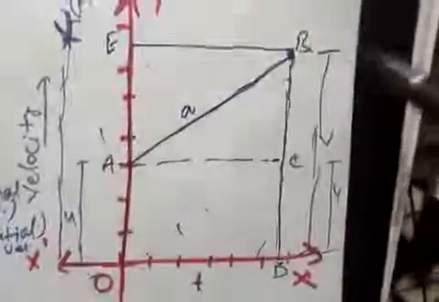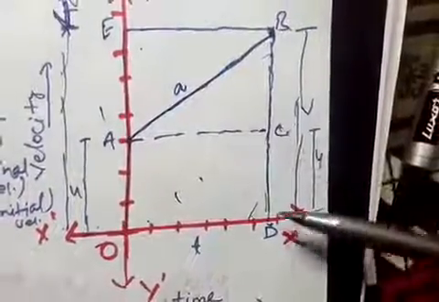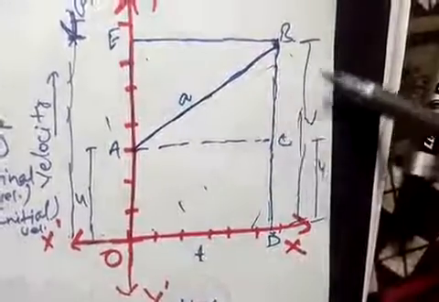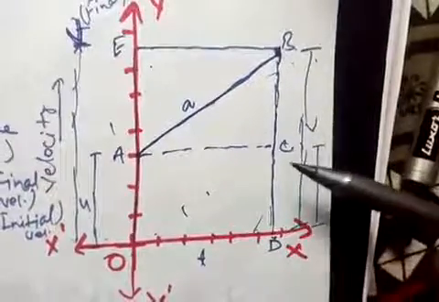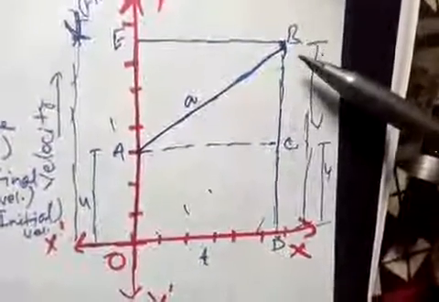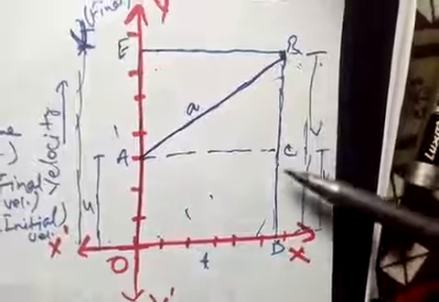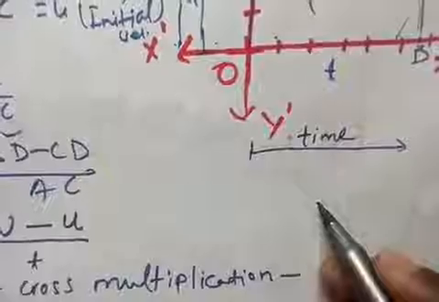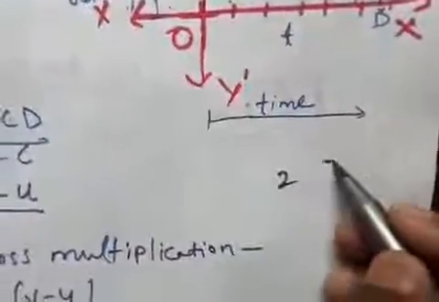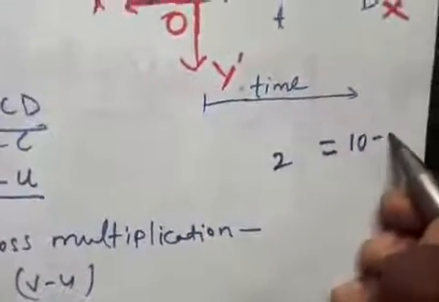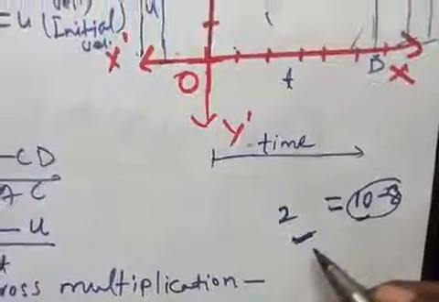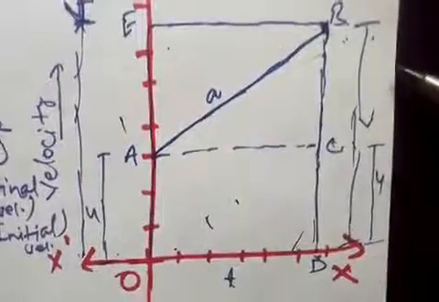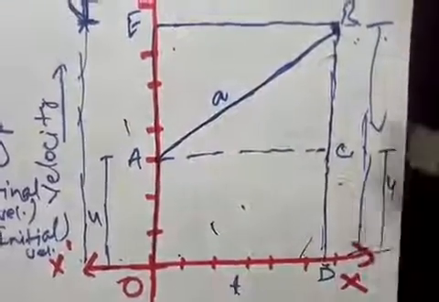You can also see in the graph that when we subtract CD from BD we will get BC, that is, BD is final velocity and CD is initial velocity. So the difference of final and initial velocity is equal to BC. So we can write BC as BD minus CD. You can understand that if we have to write 2 as the difference of two numbers, then we can write 10 minus 8. So 10 minus 8 is also equal to 2. So it is another form of 2. We can apply the same meaning here: to get BC we can subtract CD from BD.